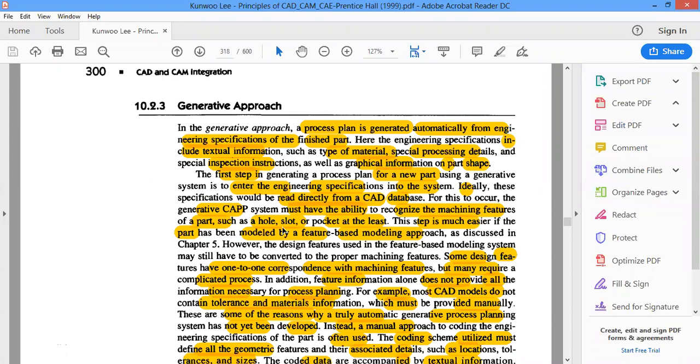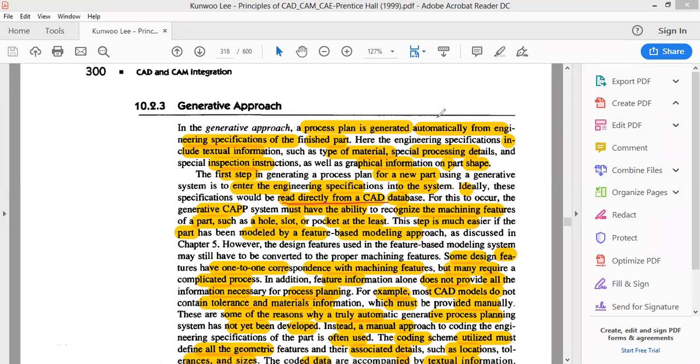So whichever softwares follow the generative approach methods are very fast in retrieving the data, where we can take the data from the CAD file itself. That is what is mentioned here. These softwares can read the CAD data file directly, and they take all the dimensions that are represented in the CAD drawing.